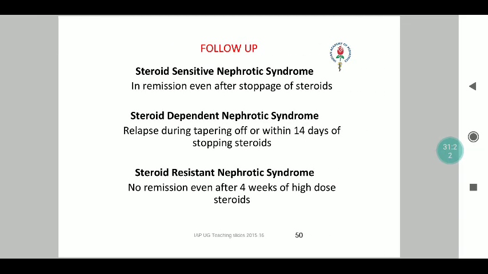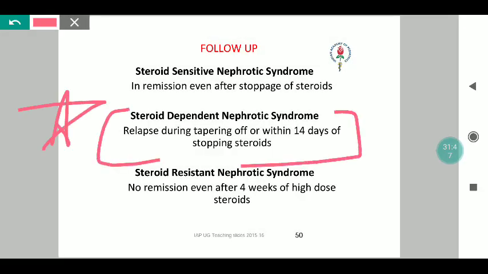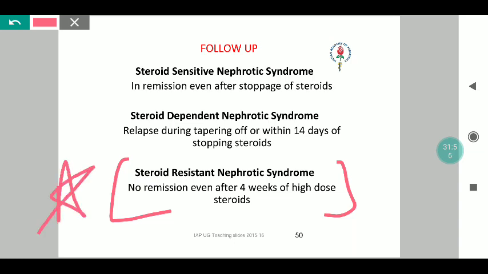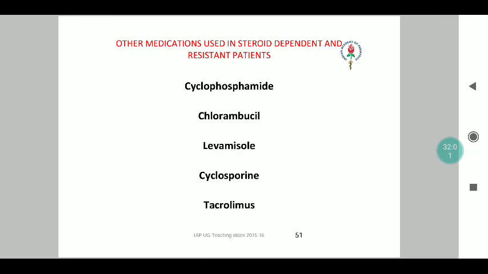It's more important for a child to come for follow-up if it is steroid sensitive, dependent, or resistant. In steroid sensitive, fine, if the child is in remission, you can stop steroids and periodically keep them in follow-up. Well and good if they are able to maintain without steroids. If steroid dependent, then there is a risk of the child relapsing while tapering, again to be treated accordingly. So the key here is identifying it. You can identify it if the child comes for follow-up. And in steroid resistant nephrotic syndrome, you should identify early so that workup can be done quickly.